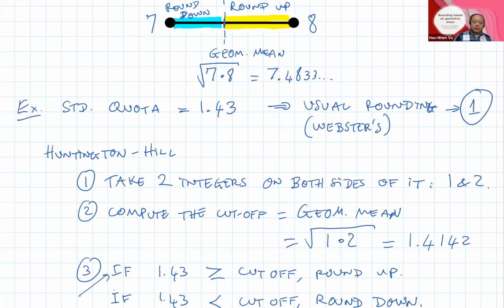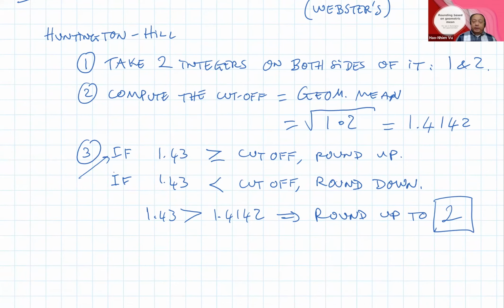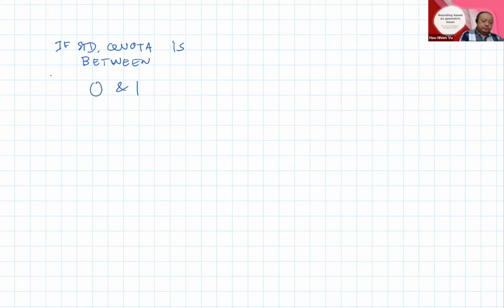Scroll up a little bit. Before, with Webster's method, we'd be rounding down to 1. But with Huntington Hill's method, we round up to 2. So let's make a table to compare this. If the standard quota is between 0 and 1,